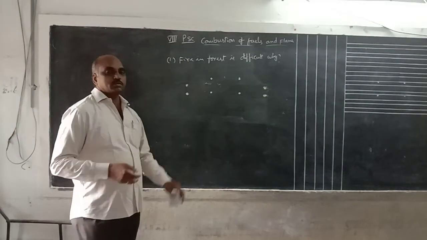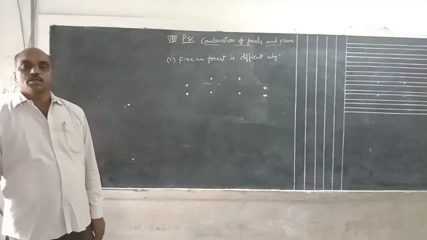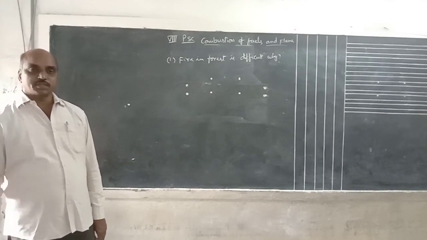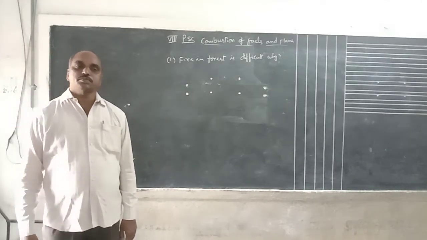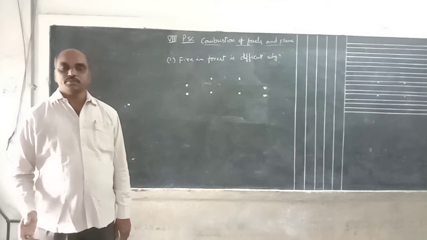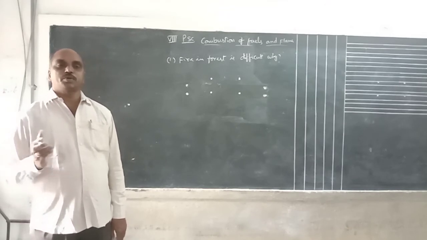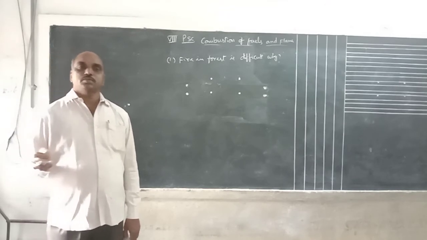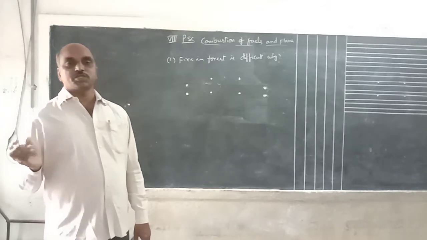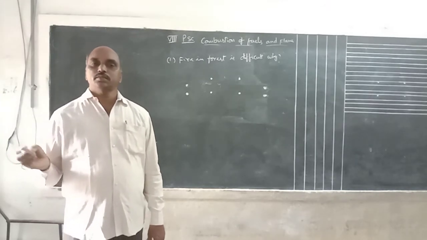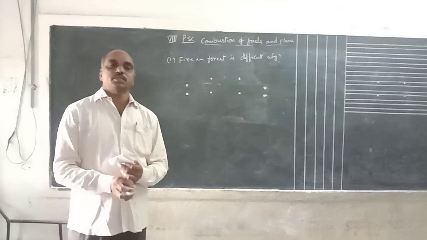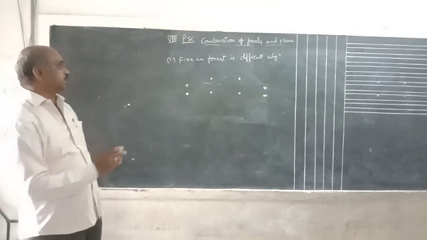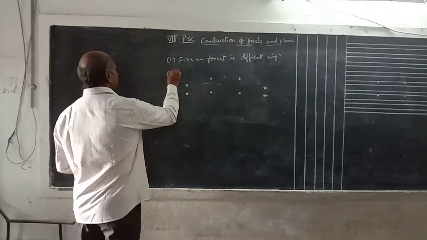So for this question, what do we write as the answer? During daytime, photosynthesis takes place in the trees. They release a larger quantity of oxygen. This oxygen helps burning. And another reason is that a large quantity of dried stem parts and leaves are there on the ground. This is the second reason. The second question is,